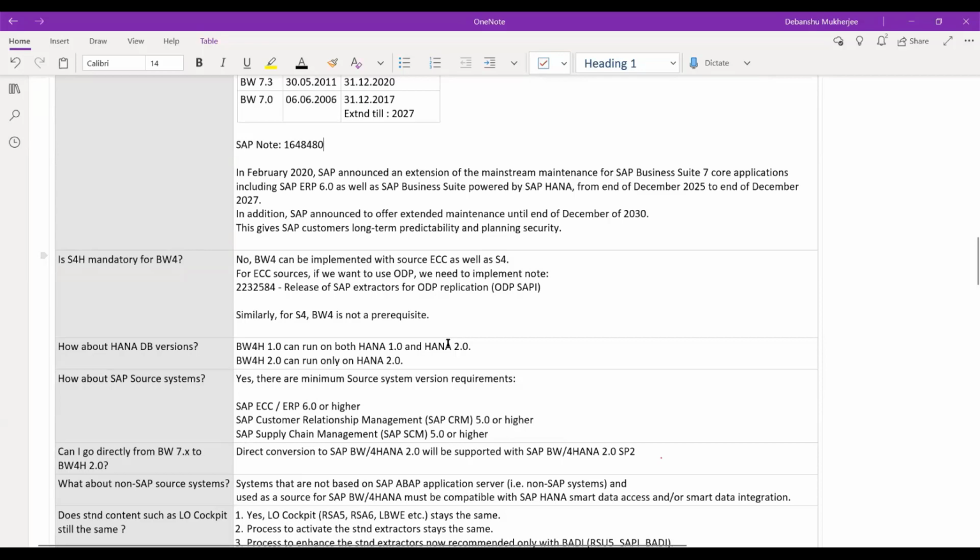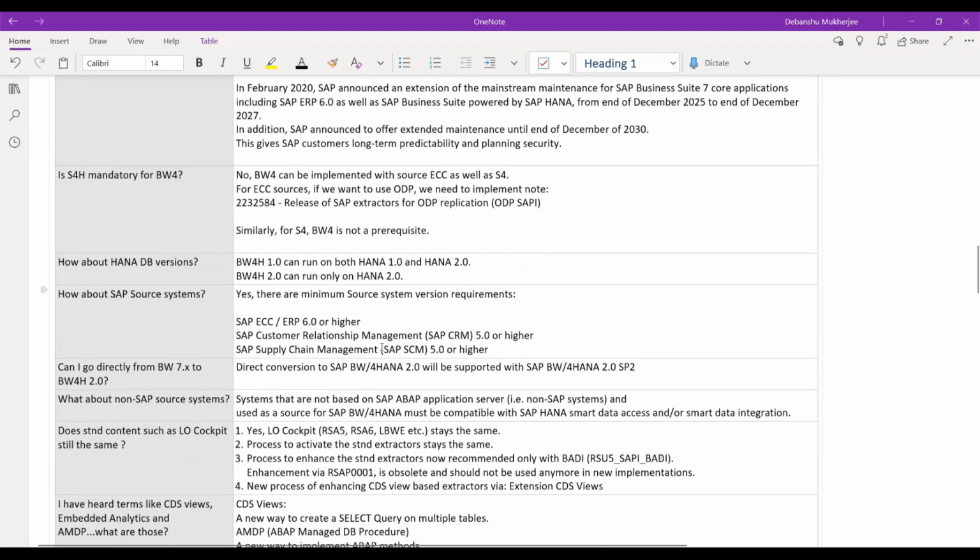All right. Next question. I get this question so frequently that I can't even tell you, because people have the notion that if I have BW, S4 is mandatory, or if I have S4, BW is mandatory. Neither of those statements is true. Please remember that BW4HANA can be implemented with ECC as your source. You don't need to upgrade your source to S4. And similarly, for S4, you don't need BW. Your normal BW will work with S4. Of course, there are some changes you have to make sure you adhere to. But apart from that, you don't have to upgrade your BW to BW4 if you are going for S4